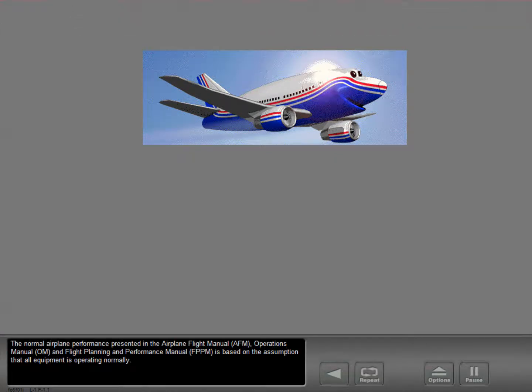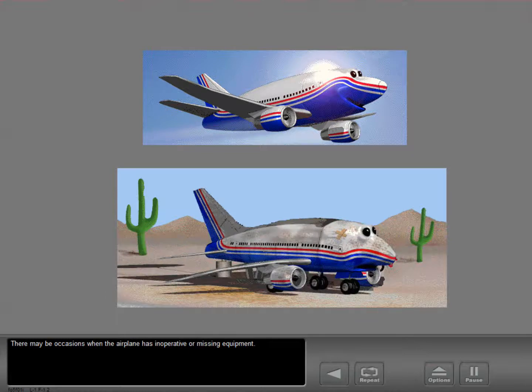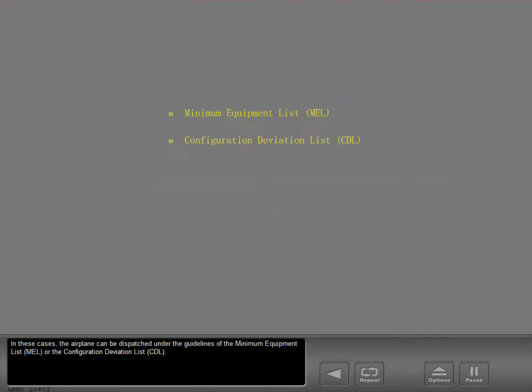The normal airplane performance presented in the Airplane Flight Manual, Operations Manual, and Flight Planning and Performance Manual is based on the assumption that all equipment is operating normally. There may be occasions when the airplane has inoperative or missing equipment. In these cases, the airplane can be dispatched under the guidelines of the Minimum Equipment List or the Configuration Deviation